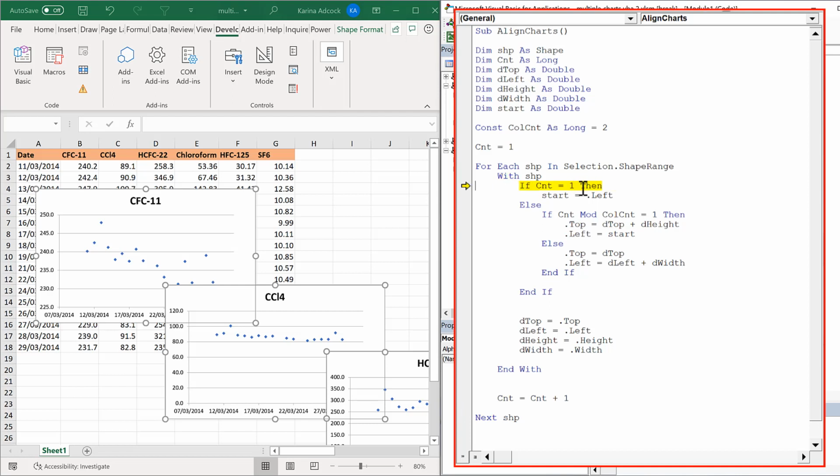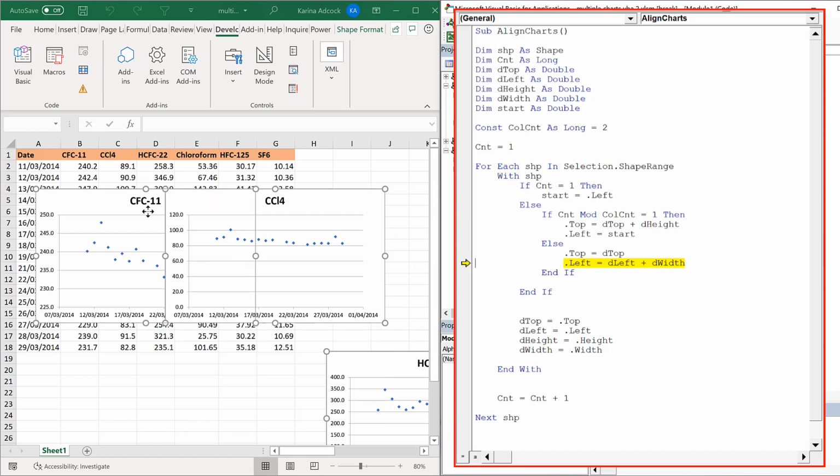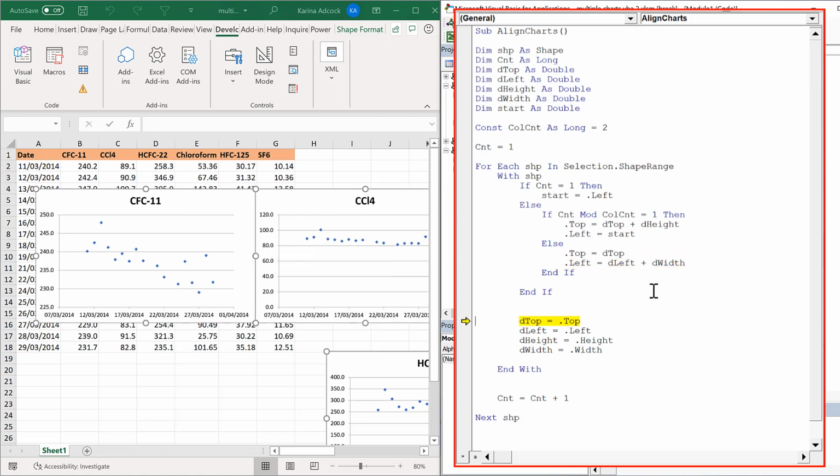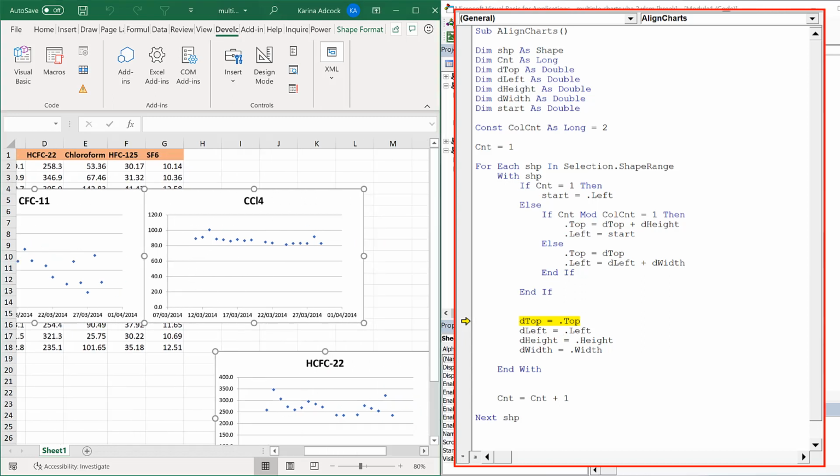chart, so the count is not equal to 1, which brings us to this test here, but 2 can be divided by 2 with nothing left over, so this is not equal to 1, which takes us to this part of the else statement. And so we do the same thing we did before. We make the top edge of this equal to the top edge of this. Then we make the left-hand side of this edge equal to the right-hand side of the previous chart. Then we redefine all of these variables to be the position of the second chart,